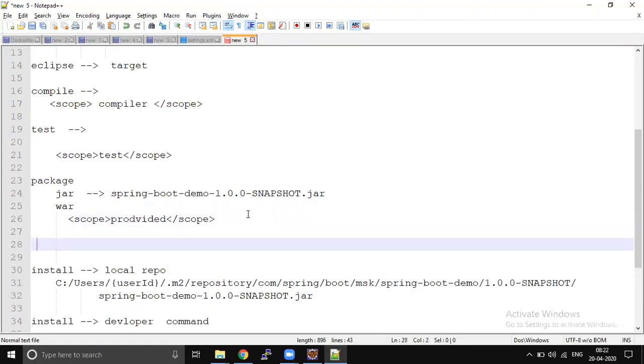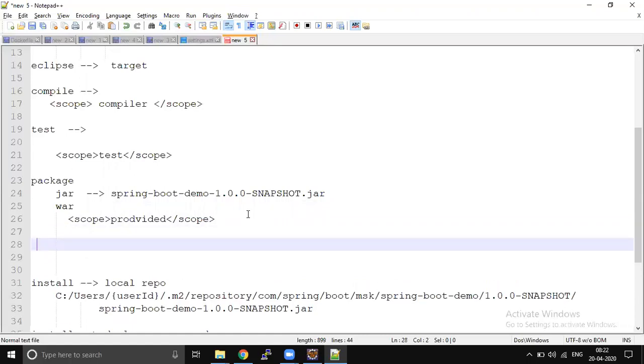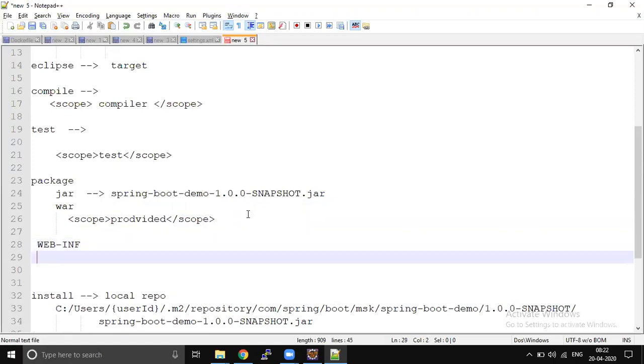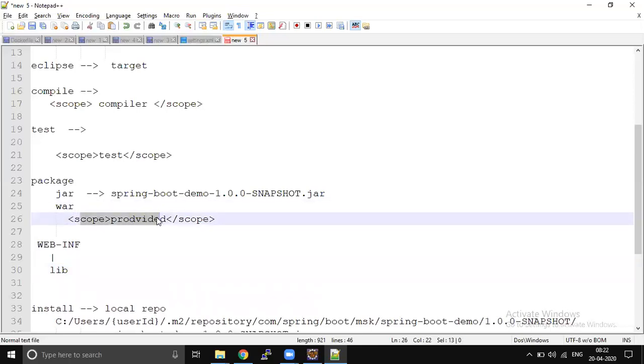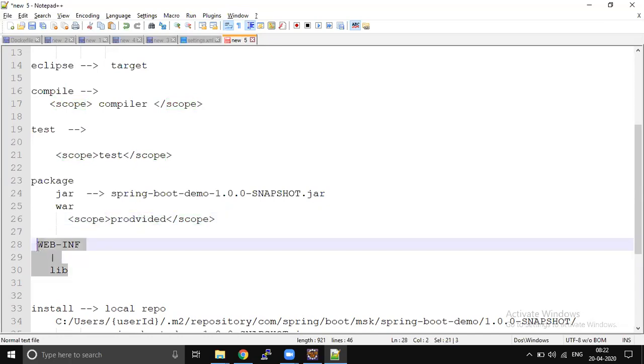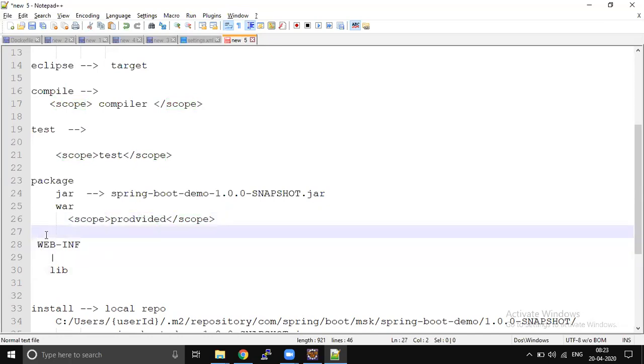All the jar files will be present inside your WEB-INF/lib folder. In a web application, we usually have a folder called lib, and inside this lib folder all the output jar files will be present. So if you mention any dependency scope as provided, then that corresponding jar file won't be packaged inside your WEB-INF/lib.